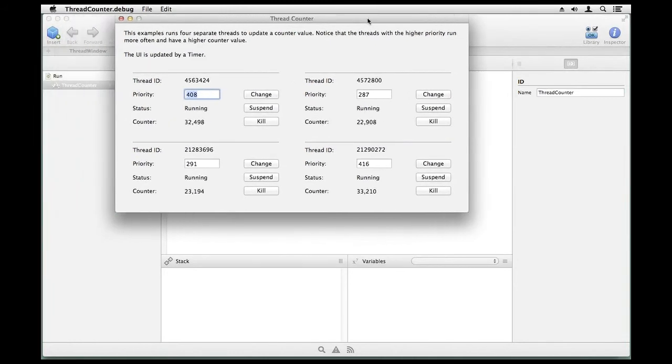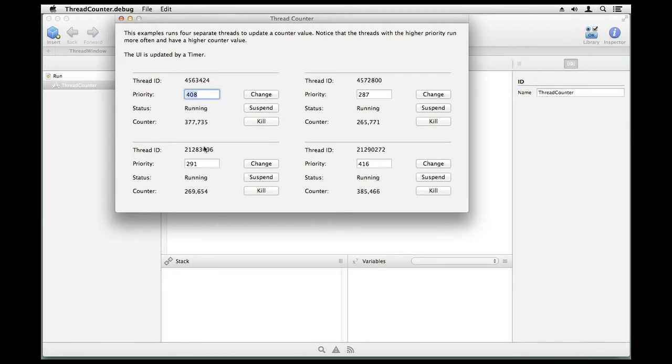So you can see it here on the screen, and you can see there's 4 areas, and each of these is its own thread. And it's pretty much just showing you information about the thread. It's showing its priority, and you can see these are just numbers. It tells you the status, and they're all currently running. And all the thread is doing, when we actually look at the thread code itself, is just counting. Nothing terribly exciting, but this is demonstrating the various